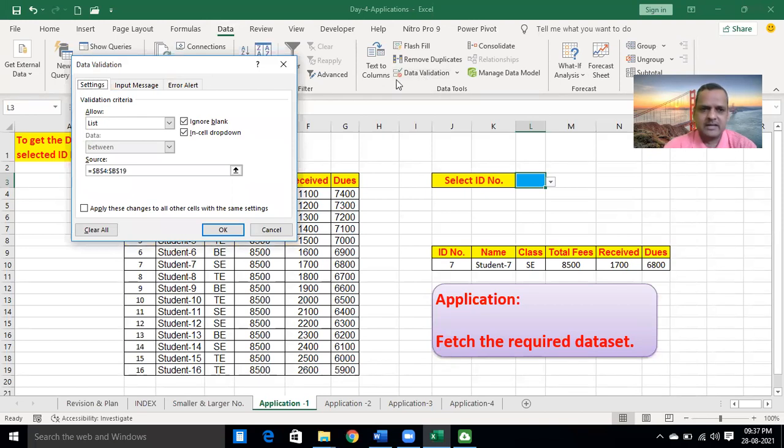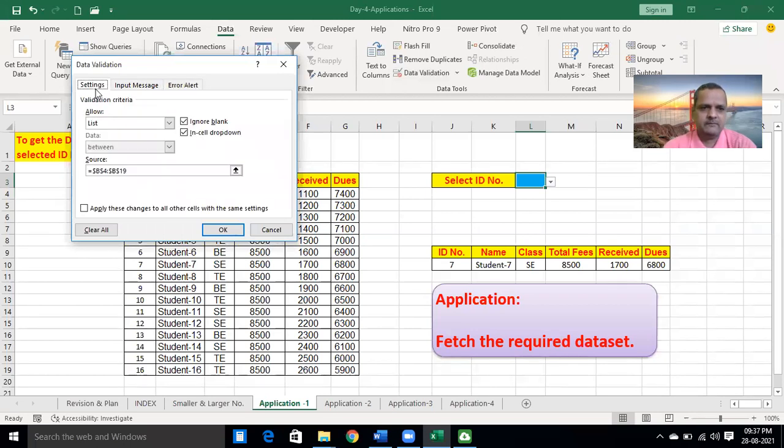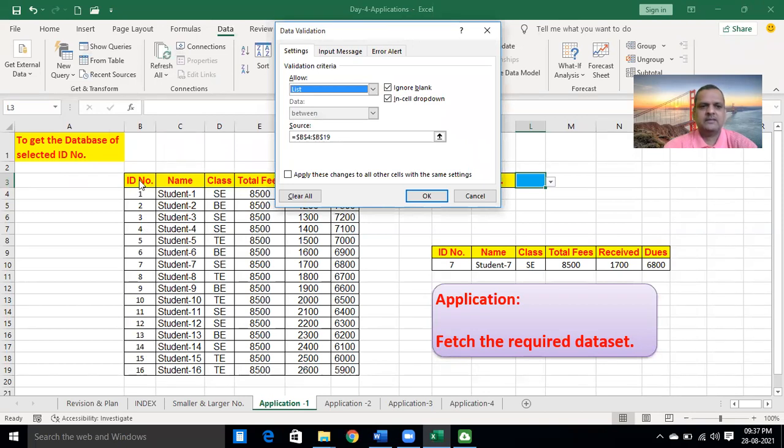Click on the data validation, and a dialog box opens as data validation, and there are three options: setting, input, error. In Setting, under Allow, there are options: any value, whole number, decimal, list, date, time, text length, and custom. I need to select this ID number, so this is the list.